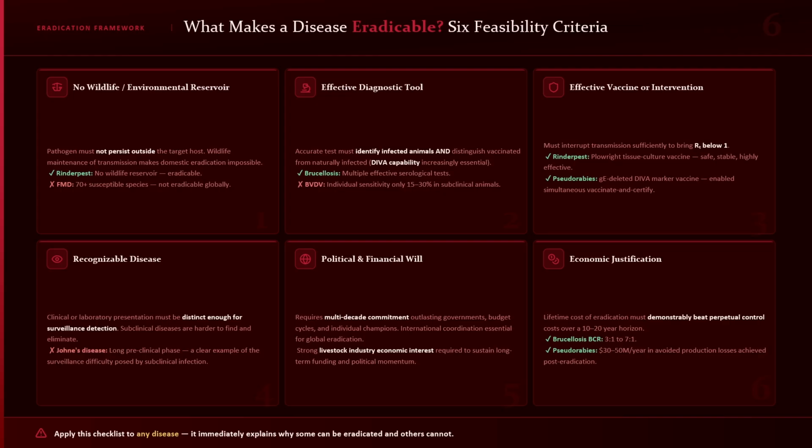Now let's apply these six criteria as a lens to Rinderpest. Single morbillivirus, effective live attenuated vaccine, excellent diagnostics, regional elimination achieved on multiple continents, no sustainable wildlife reservoir, and strong FAO-led political will. All six boxes? Checked. That's why it worked. With that framework in place, let's meet our first case study, and it's a story that starts with one of the most devastating animal diseases in history and ends with one of the greatest triumphs in veterinary public health.